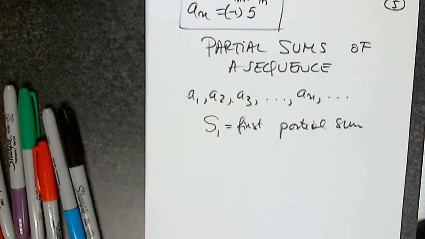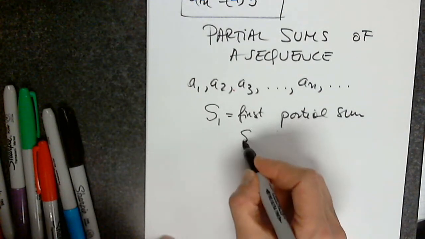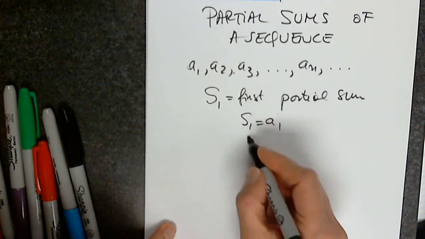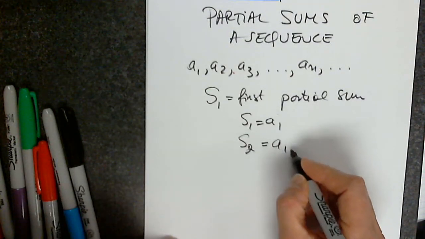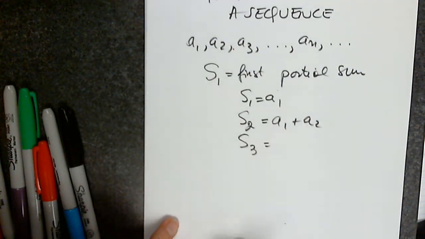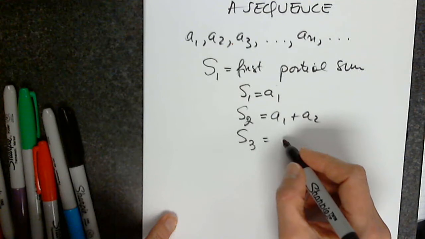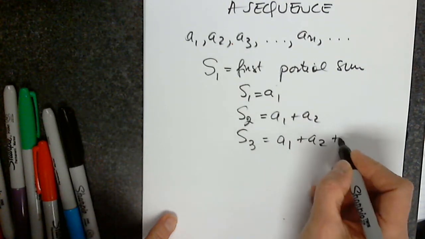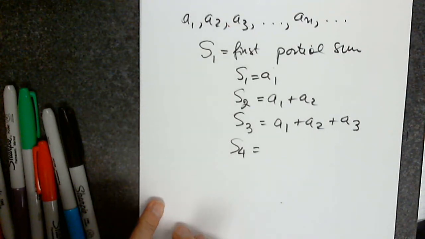Okay, coming back to the sequence, the partial sums. Okay, S1 is the first partial sum, and it equals A1. What do you think about the second partial sum? What do you think? Wild guess. The second, A1 plus A2. This is the second partial sum. What about S3? Uppercase S3. What do you think? A1 plus A2 plus A3. The sum of the first three terms. What about S4? The sum of,